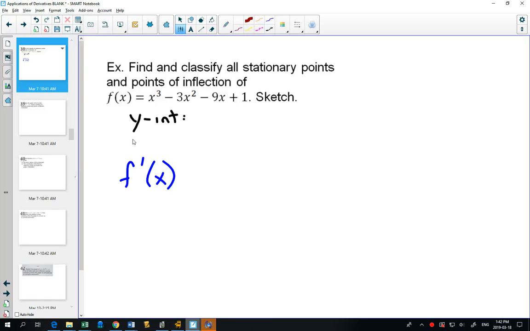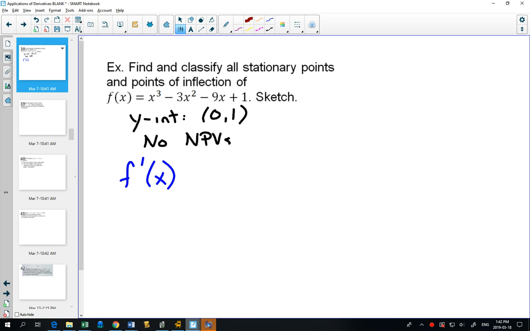You can plug in 0 for x. As a preliminary, a very good point to always include is your intercepts if you can. I can plug in 0 for x. It's quite easy to see that I'd get 0, 1. Okay? And although it doesn't come up in this one, I'm just going to make a note that there are